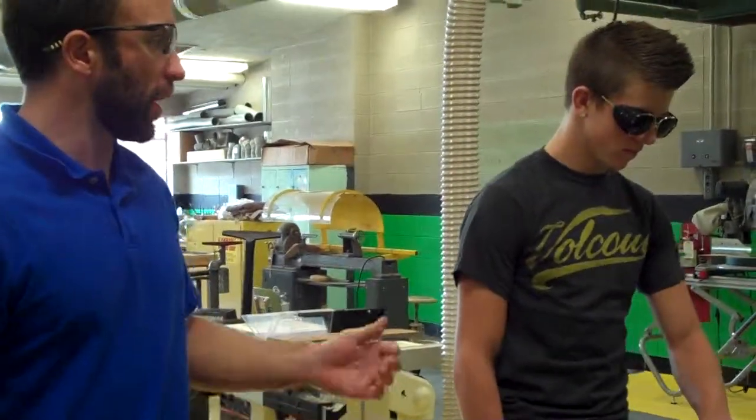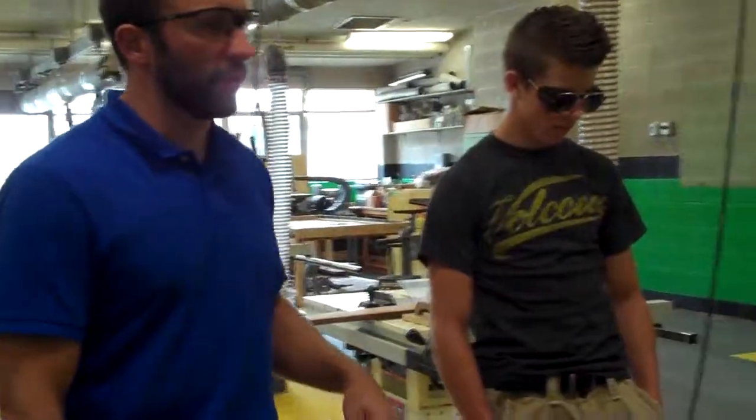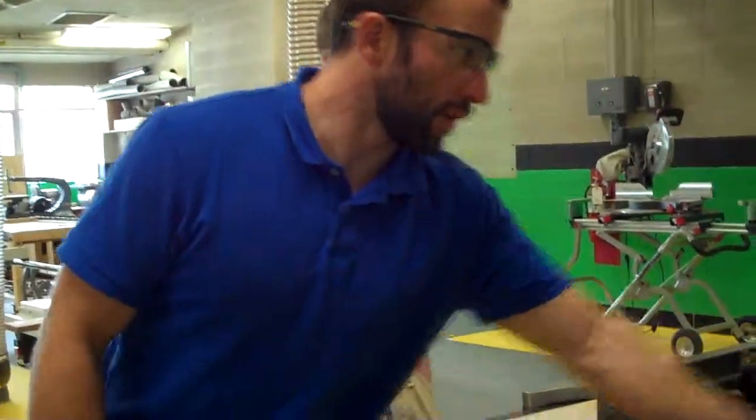The other thing is metal, right? Always check our board over for any metal. Should have said that at the miter saw too. Make sure you check it over. Check depth of the cut by